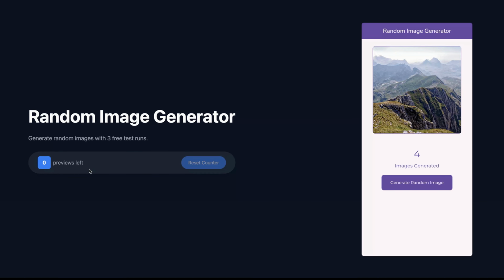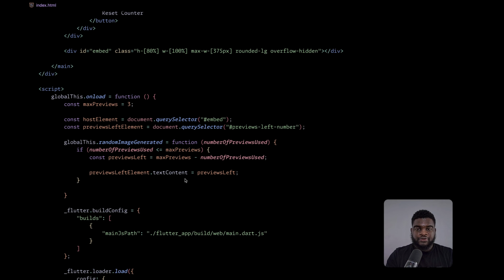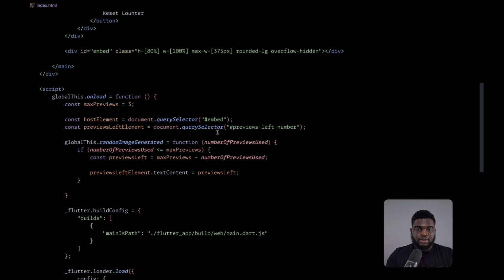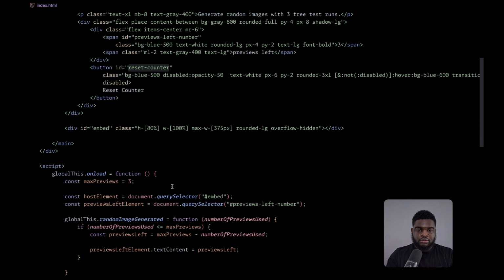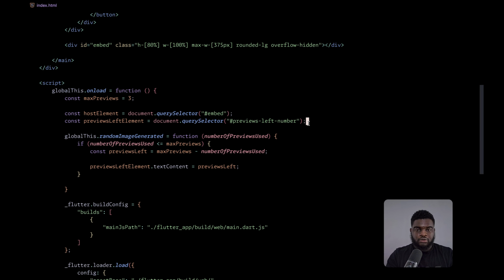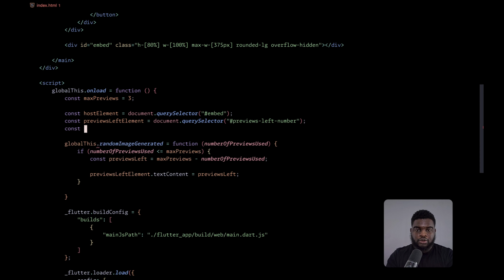And the next thing to do is to enable the reset counter button on the web page. So first we need to get the element for the reset counter button. So this is it here, reset counter. So here, const reset counter button element.